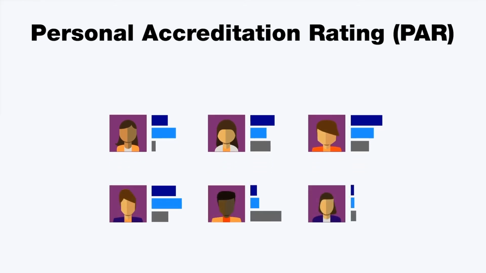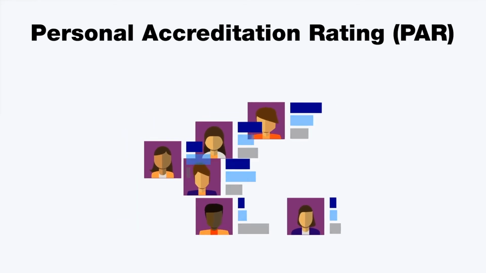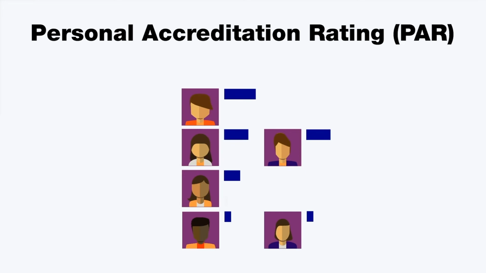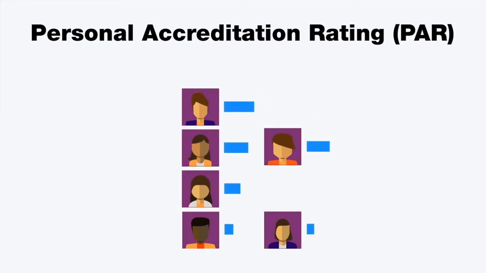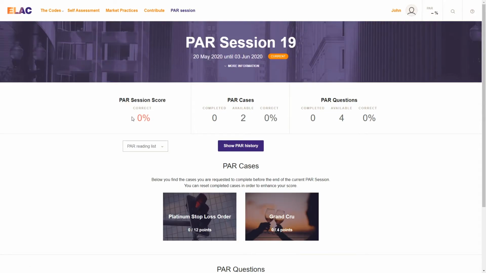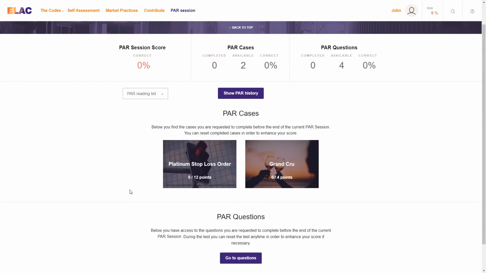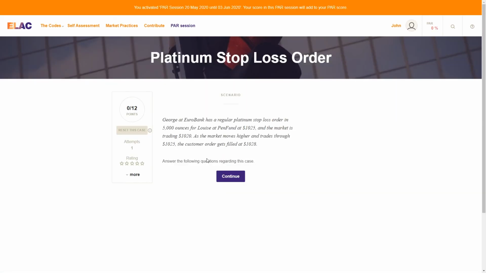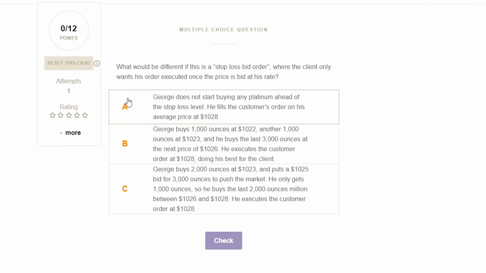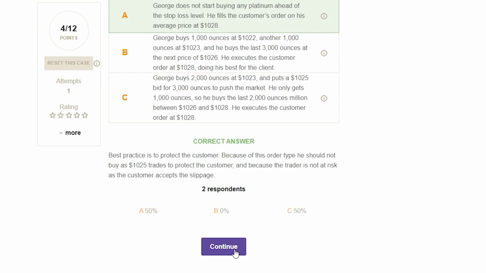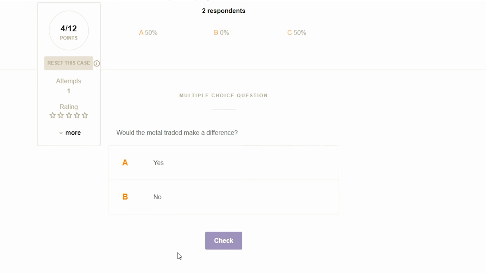The Personal Accreditation Rating, PAR, is a measurement tool of an individual's knowledge about the good market practices advocated by the codes. As a benchmark, PAR shows you and your senior management how you have scored on your code's knowledge, whilst allowing you to measure that score against your peers. With PAR, users are tested both to the entity's and the industry's expectations of good market practices and ethical conduct, allowing them to understand and demonstrate that individual guidance while staying up to date with the content of the codes.